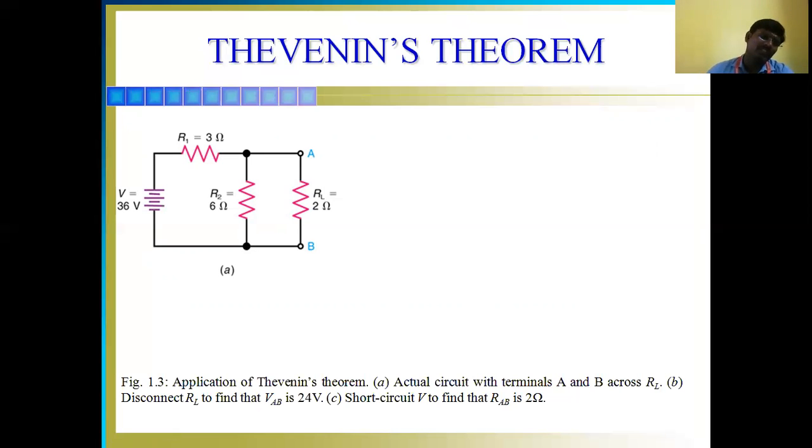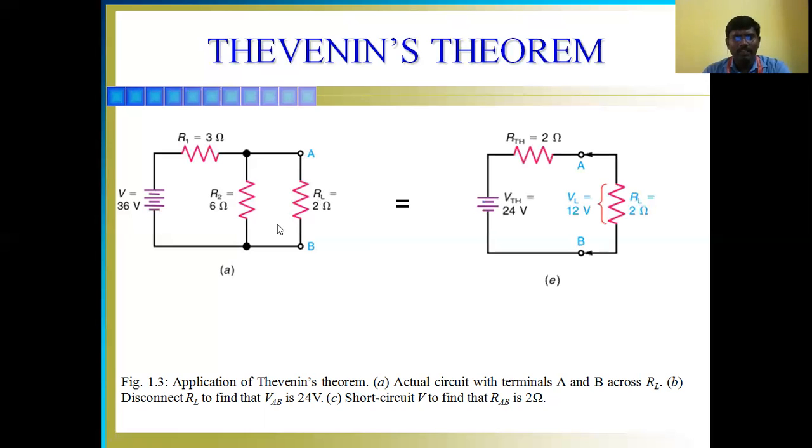In algebraic methods, if you want to find the current flowing through the 2 ohm resistance, first we need to find the total resistance and total current, and the current flowing through the 3 ohm, the 6 ohm, then the 2 ohm. Unlike this process, using Thevenin's theorem we can directly find the current flowing through the 2 ohm without calculating the current through the 3 ohm and 6 ohm. That is another advantage, which reduces the calculations and time too. Now we'll implement Thevenin's theorem to find the current flowing through the 2 ohm.